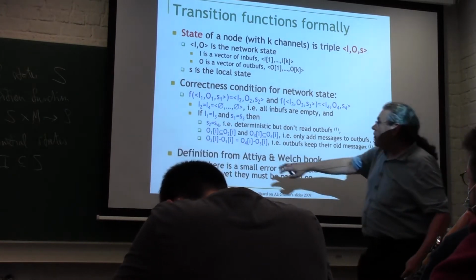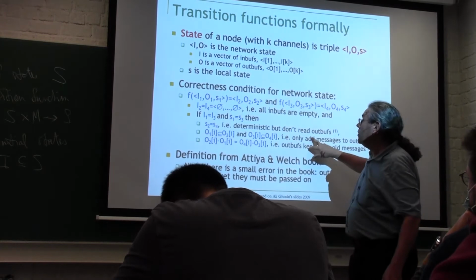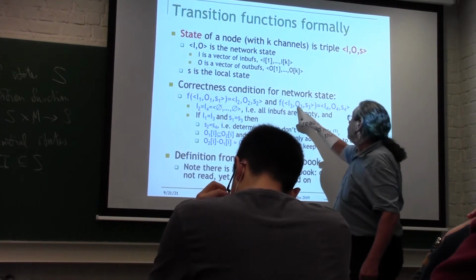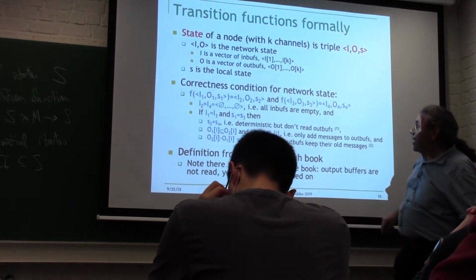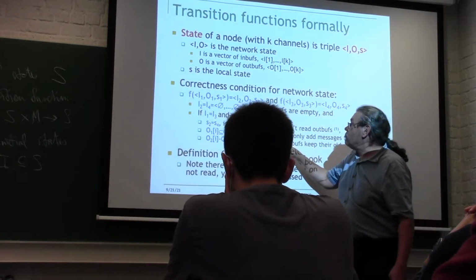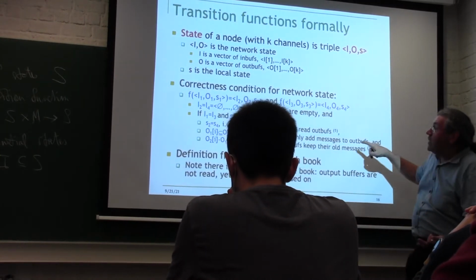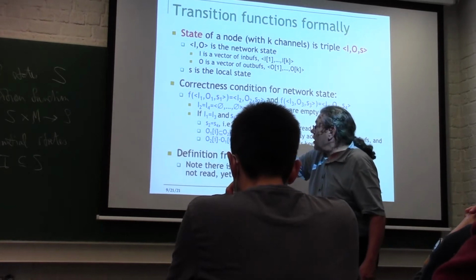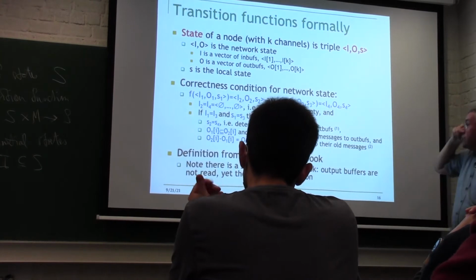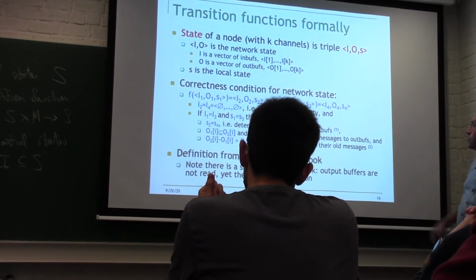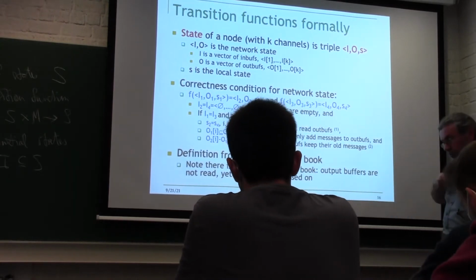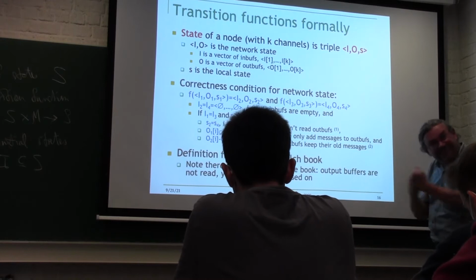And then there are some funny conditions on these O's. So O1 is a subset of O2, and O3 is a subset of O4. So what that means is I only add messages to the outbuffs. I'm not allowed to remove any, you see? Either I add none if it's equal, or if it's a strict subset, I'm adding a message. I can only add messages to the outbuffs. So that's a rule. That's clear, huh? Once you send something, you can't retract it.